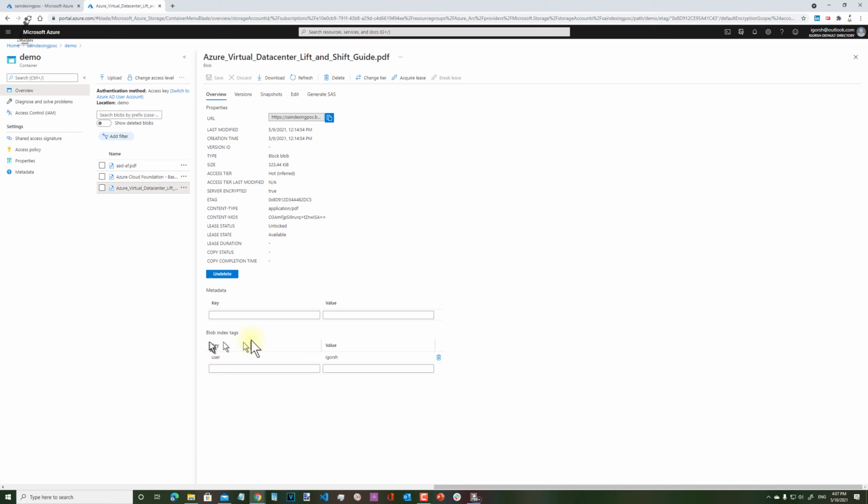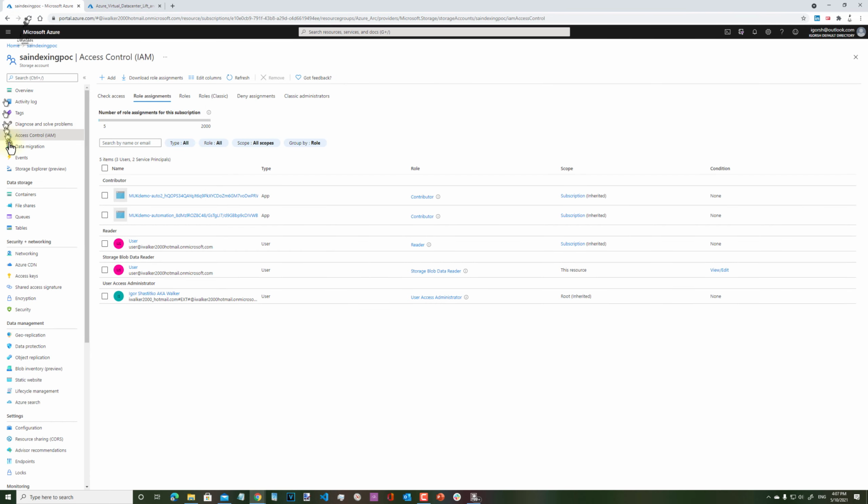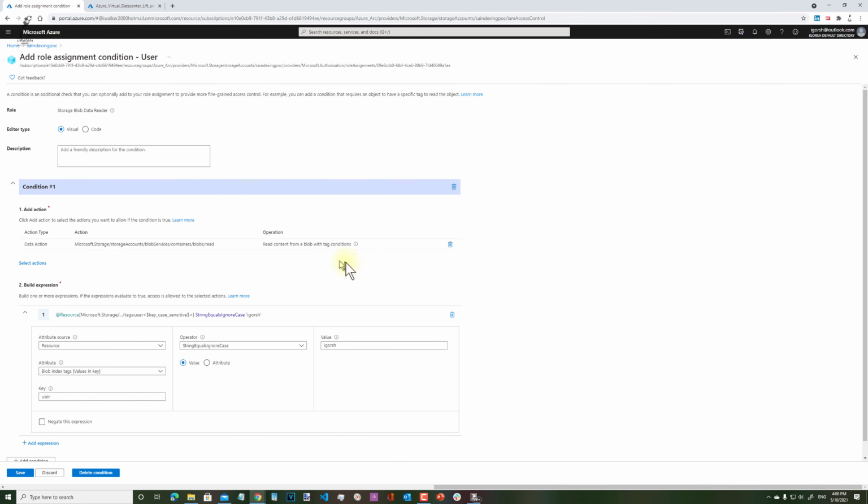You can see that the last file or first file that we tried to open has the key tag user and value Igor.sh, and if you look at the access control for this blob exactly, there is the role Storage Blob Data Reader with view or edit, and inside view or edit you can find that there is an additional condition with the data action blob read